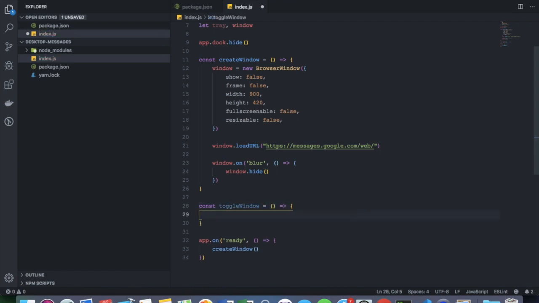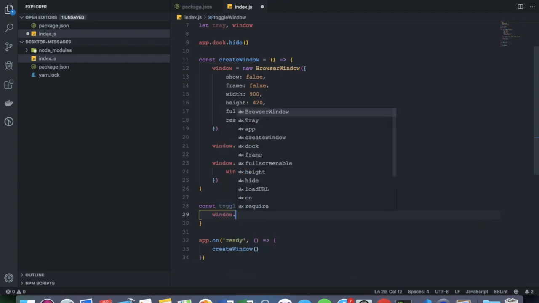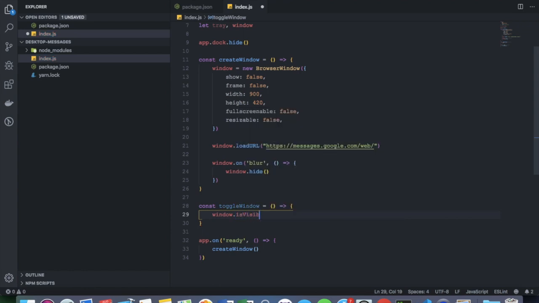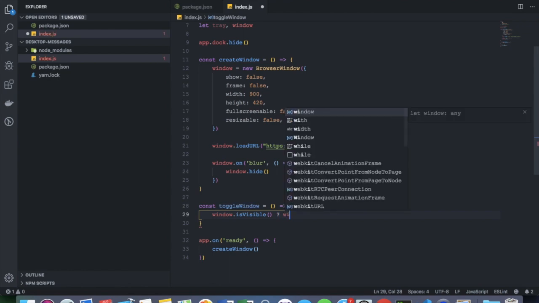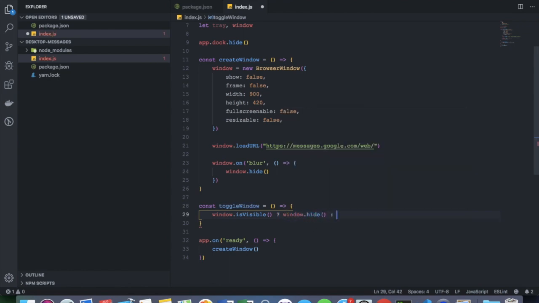And then inside this function, it's going to be a very simple function. We're going to use the window that we created. This is going to be a ternary statement, so we're going to say if it is visible, we're going to hide it, and if it's not visible, we're going to show window. And we haven't created the show window function yet, but we will in a second, and we'll do that right now actually. So we're going to do const show window,